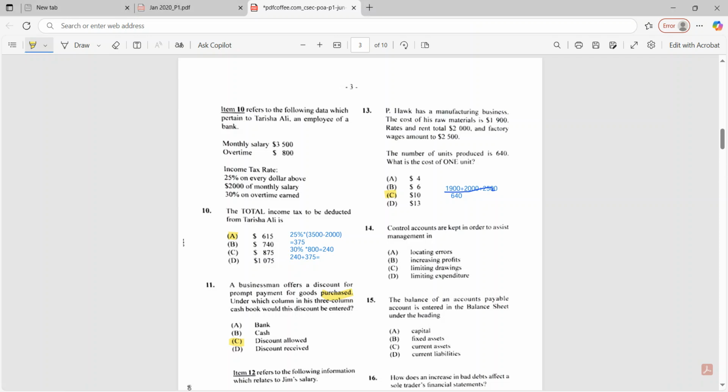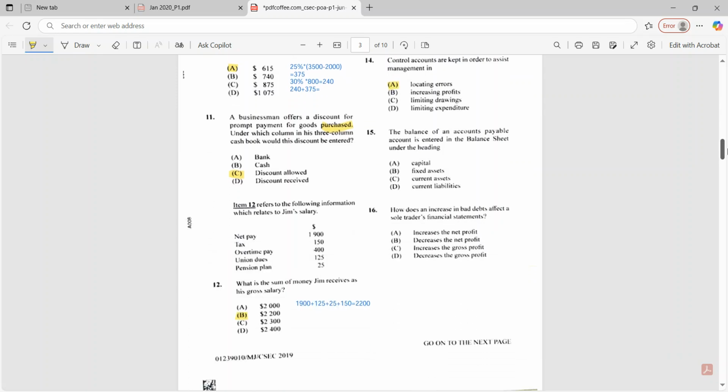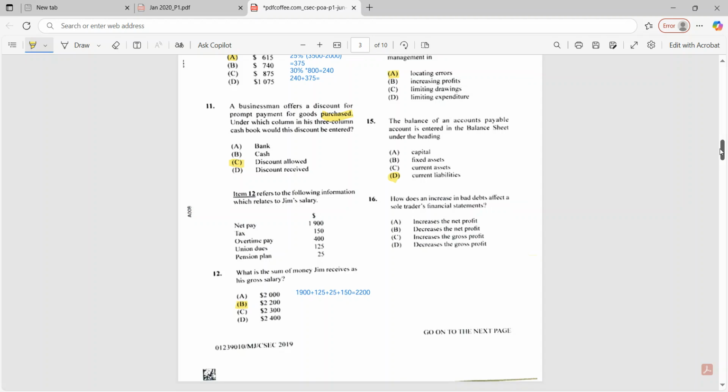Now, control accounts are kept in order to assist management in locating errors, increasing profits, limiting drawings, or limiting expenditure. We keep them so that we can locate errors. So the answer is to locate errors. The balance of an accounts payable account is entered in the balance sheet under the heading. Is it capital, fixed assets, current assets, or current liabilities? It will be current liabilities, because we previously said that accounts payables, those are expected to be paid off within